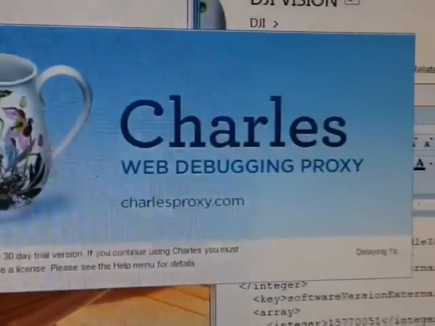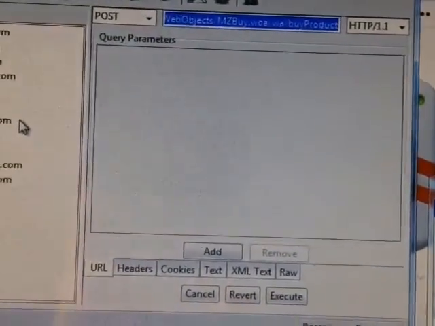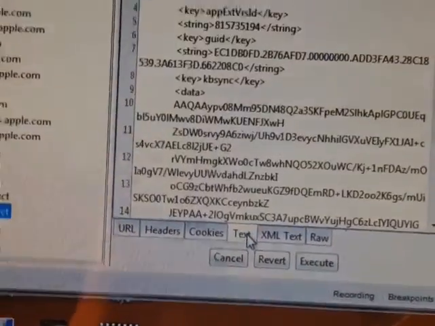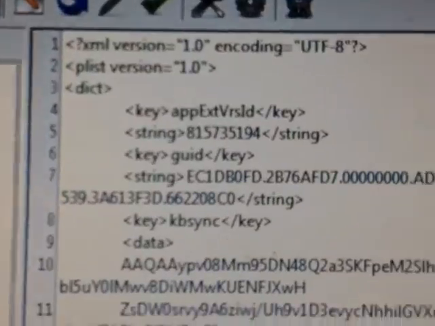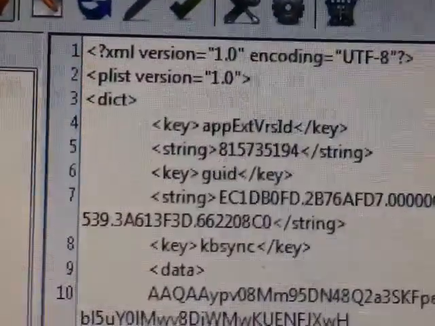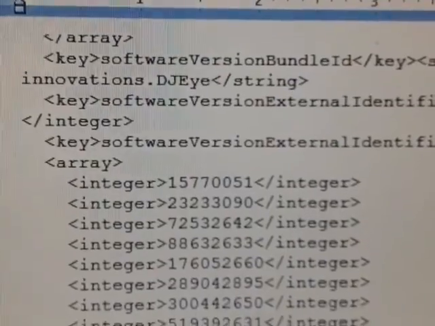Okay, you're going to see this little thing pop open with another delay. Then over here we're going to choose text. Once text comes up, you're going to see that newest version. Remember that 8157355194 right there between the string signs? That's the newest version. We don't want that. We want this number we talked about,